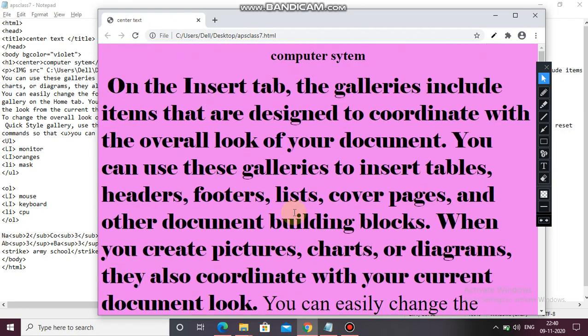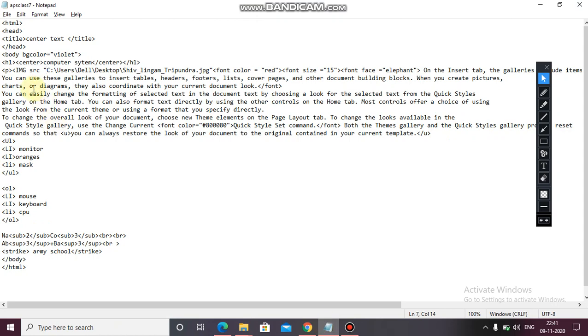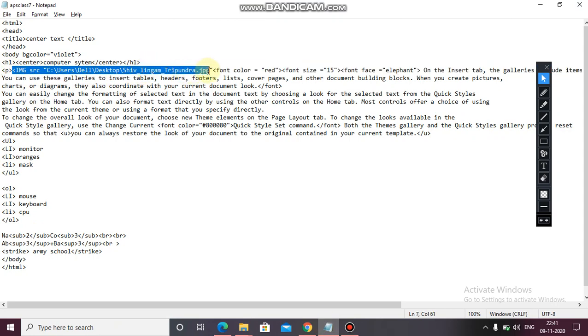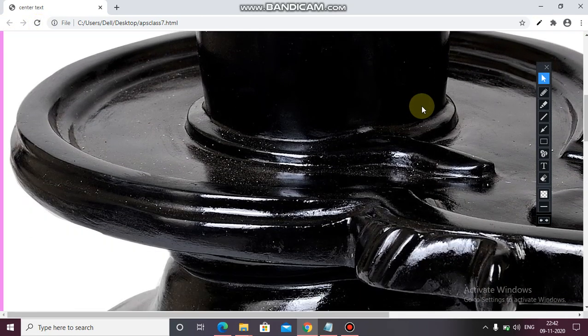Refresh. So here you can see there are no changes. I am just showing you the errors also, what the errors are. Now see here, we have written all the things clearly, and the path also is given clearly, but here you can see the equals to is not written. So just put equals to, then Control S, and let's see the result. Here you can see the picture came.